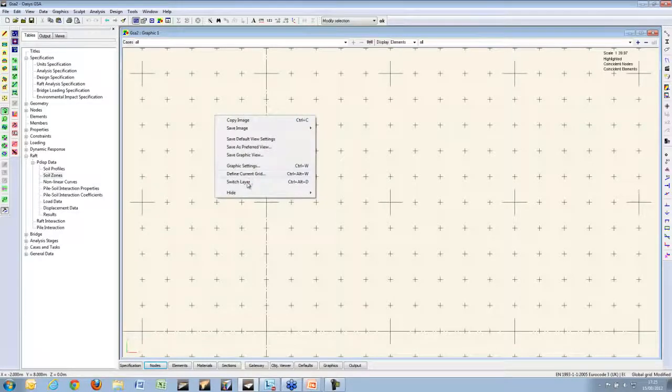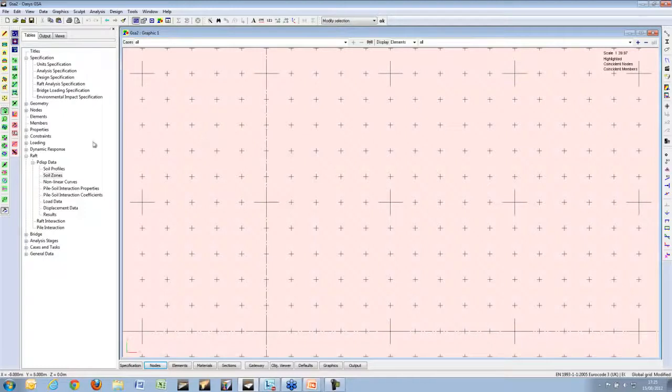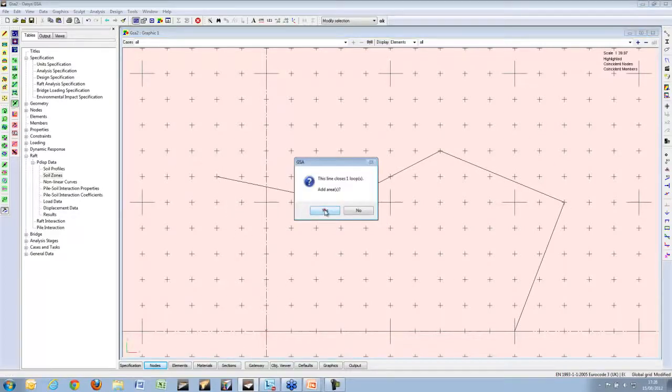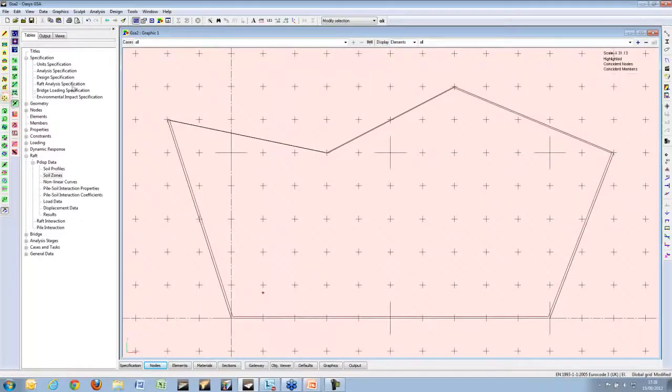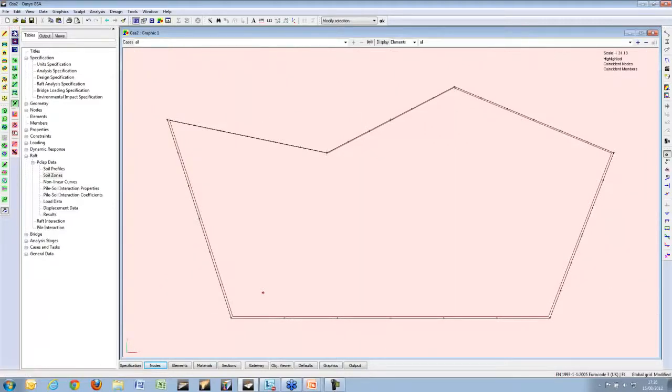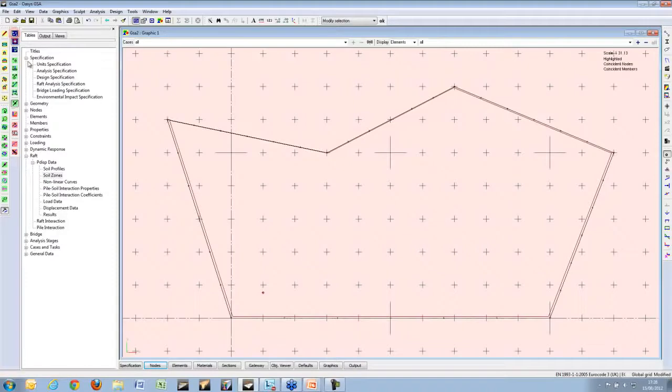Let me just change it onto the design layer. The design layer means where I can define the mesh, and I'll define the mesh using these add lines, and I'll just put something in reasonably random. There's a loop, so I add an area, and these lines will define the nodes going around the edge. So let's see those,